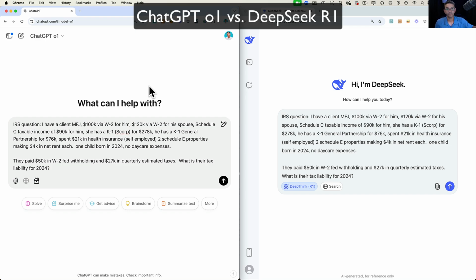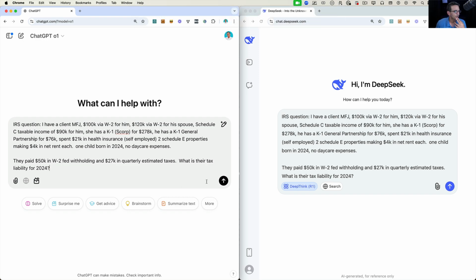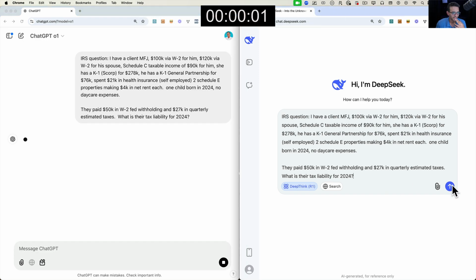Now, I'm not going to verify this. The best way to verify this is to actually plug this in a tax return software. So if you're an accountant, CPA that does tax returns, do me a favor, grab this scenario, put it on your tax return software, and go in the comments and tell me exactly what tax liability your software says, so we can also judge how far off this goes. So let's go. I'm gonna hit send and then send.